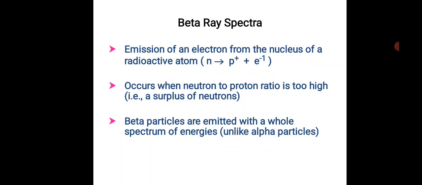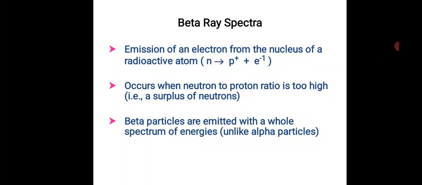See, in this case, there is the emission of an electron from the nucleus of a radioactive atom. Here a neutron is converted into a proton with the emission of an electron. When a neutron is bombarded or interacts with any other radioactive nuclide, it undergoes disintegration decay, which gives a positive charge proton and also a negative charge.